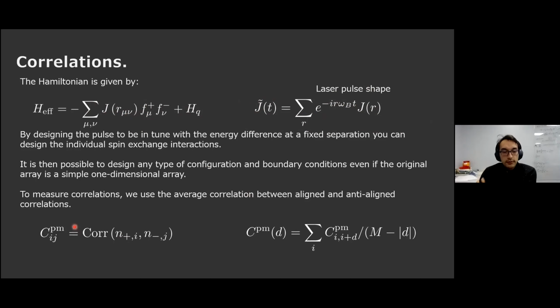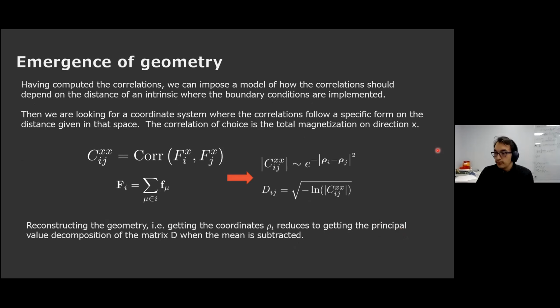And then the correlations that we will be discussing are two. First is this kind of magnetic correlation where you measure the number of atoms that have a spin +1 inside I, and then you compute the correlation with the number of atoms that have spin -1 inside J, and then you take the average over all the sites that are separated by a given distance, and then you can create these matrices that I was showing before, where the correlations depend on the distance between the two atoms.